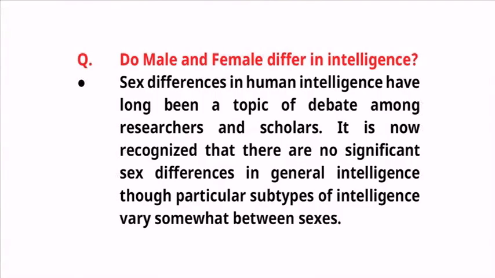I have told this view as background, because once we come to intelligence, we must know whether gender discrimination is there or not. So, there are certain theories which I have explained. We talked about Bandura, we talked about Bem's gender schema theory, we talked about cognitive development, and how gender discrimination occurs, which we have just discussed in the last 10 minutes. Now, the question is, do male and female differ in intelligence? Is there any difference in their IQ? This is a big question.